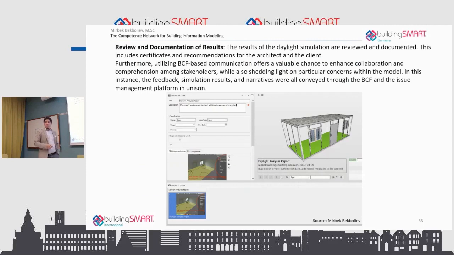As a result, I can pack a simple screenshot. In the description, I can pack the link to the certificate or to the report of the simulation tool. I can even select the right building object.